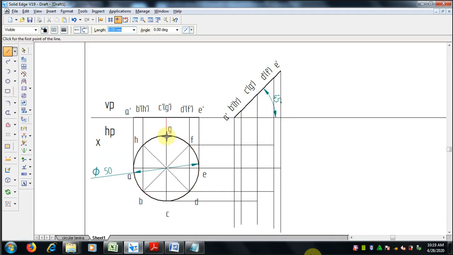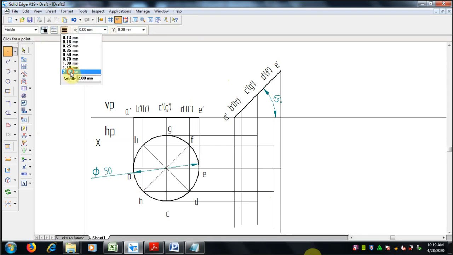So to draw the top view, G to G dash, and the last one is H to H dash intersection, where it is H. Right. So for clarity, we can make points in the intersection lines, and mistakes should not happen.